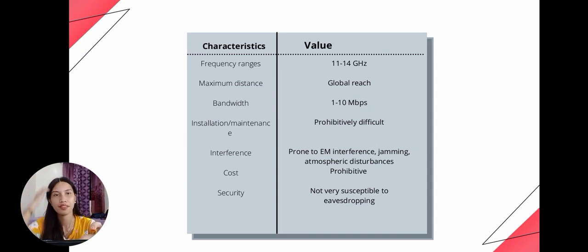So we have the satellite microwave characteristics. The frequency range is 11 to 14 gigahertz. The maximum distance is global reach. The bandwidth is 1 to 10 Mbps. The installation and maintenance is prohibitively difficult. The interference is prone to EM interference, jamming, and atmospheric disturbances, and the cost is prohibitive. Security is not very